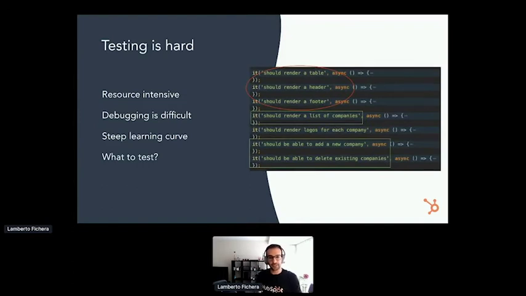Right. The other issue is what should you even test? Is it okay to test everything? Can you do that? Is it practical enough to have a very comprehensive test suite which goes through the entire app, and for every single page it just runs expectations on every single component of it?